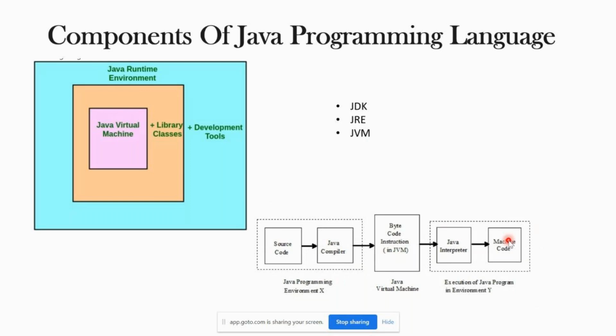It will understand and it will perform the desired task, whatever it is supposed to do. If addition needs to be done, it should do. If subtraction needs to be done, it should do. But I have to give the instruction to the computer. The computer will understand only if I talk in the computer language.